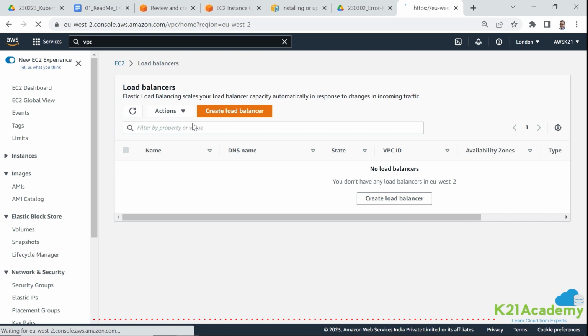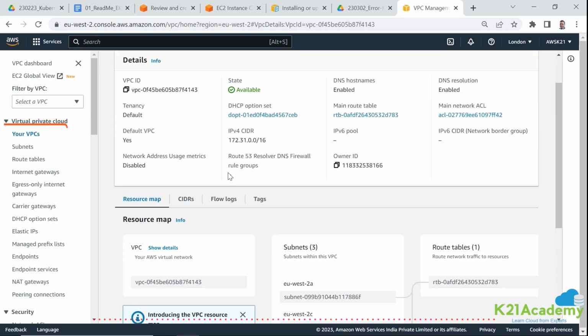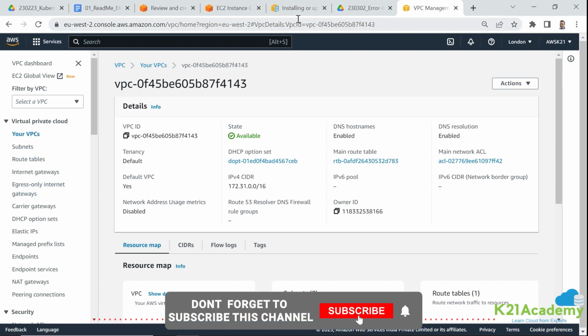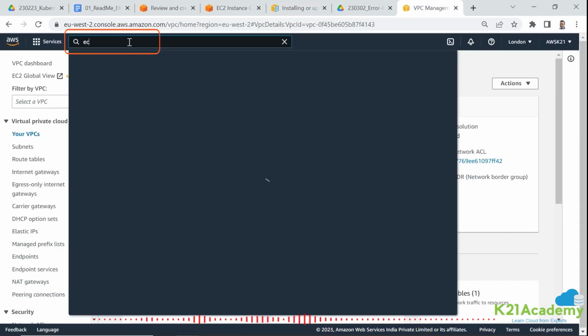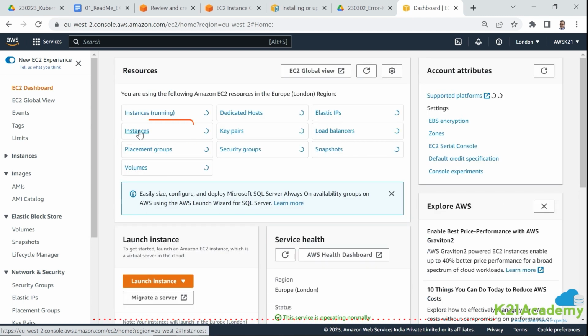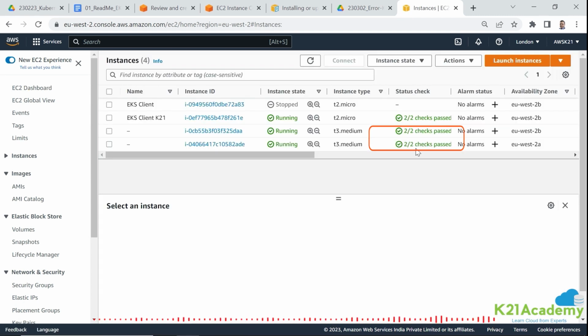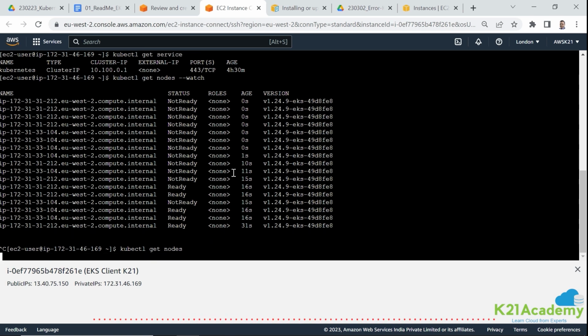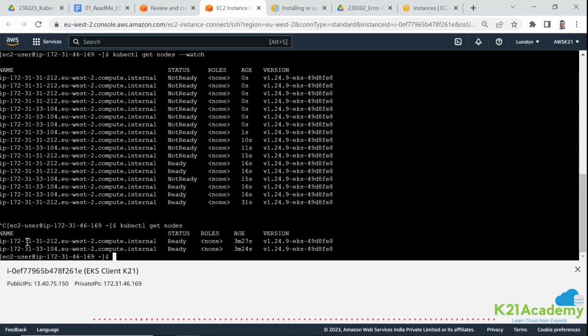So I go to VPC and click on your VPCs. It has that VPC created for you, or it's using the VPC that was already there as part of this lab. I want to go back to EC2 and see what the machine status is saying. These are my two worker nodes, my data plane instances, and now the status checks are both good. So instead of node watch, I'll simply say get nodes. And if you see now, it created two machines, with IP addresses